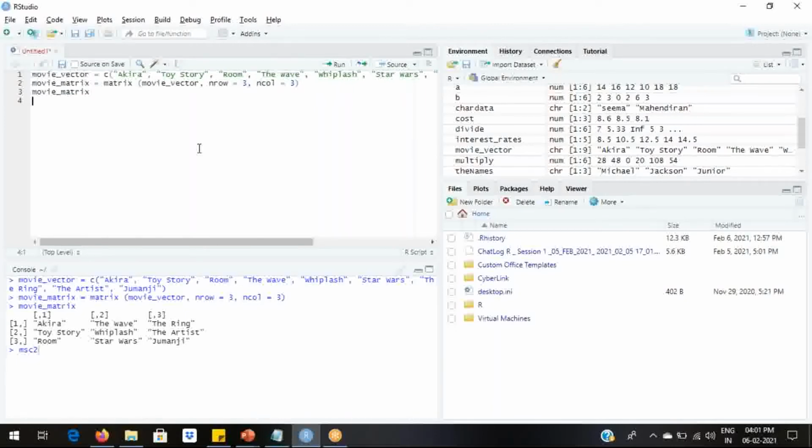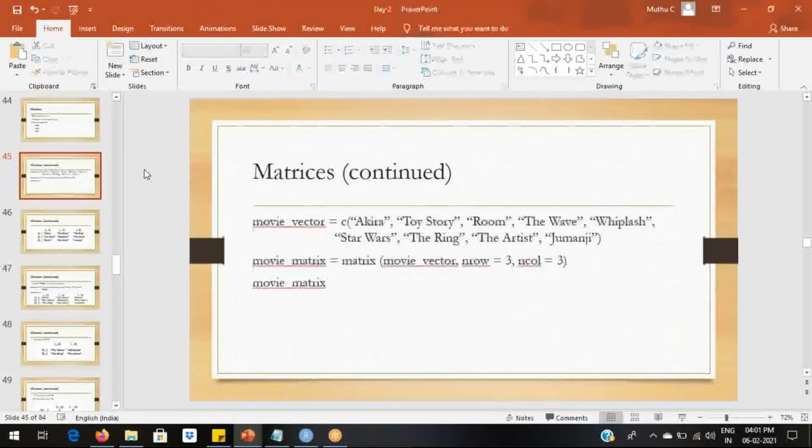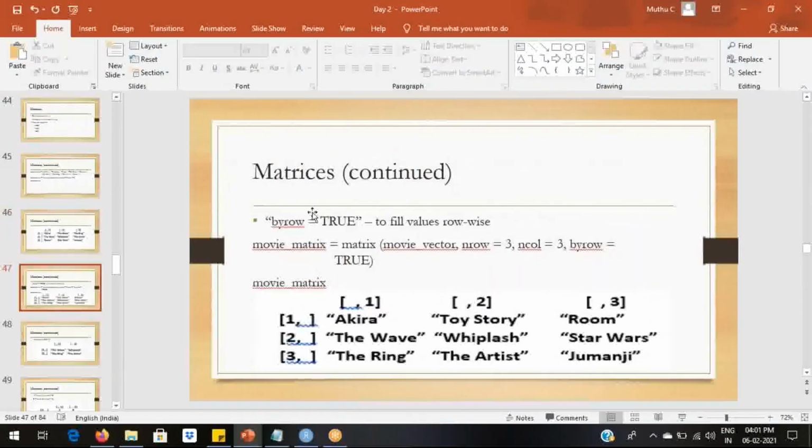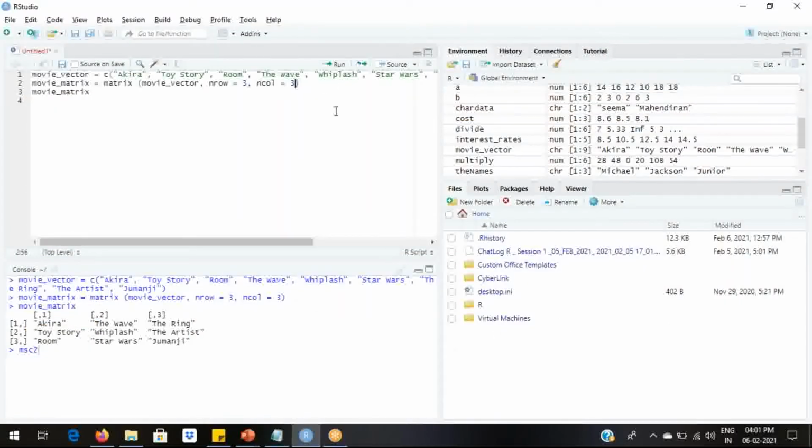So we are able to get the same output as we saw in the PPT. Now let's try to populate the values row-wise.